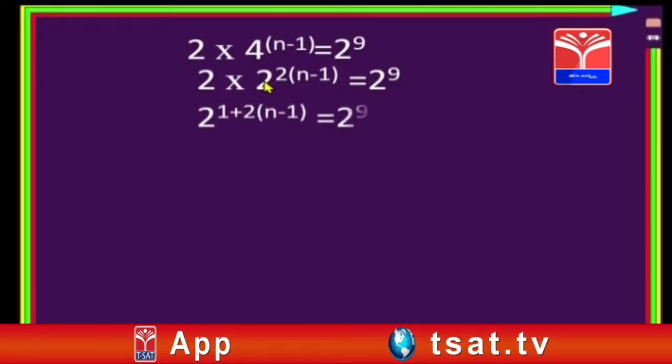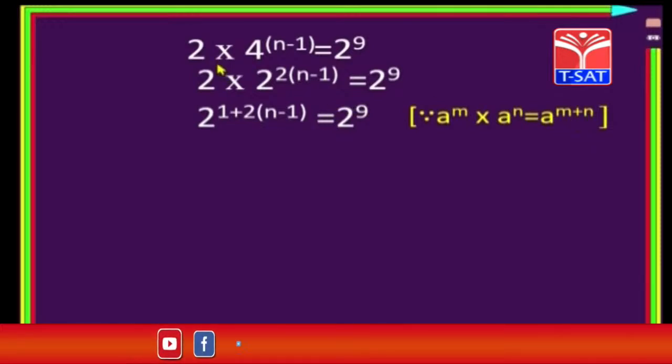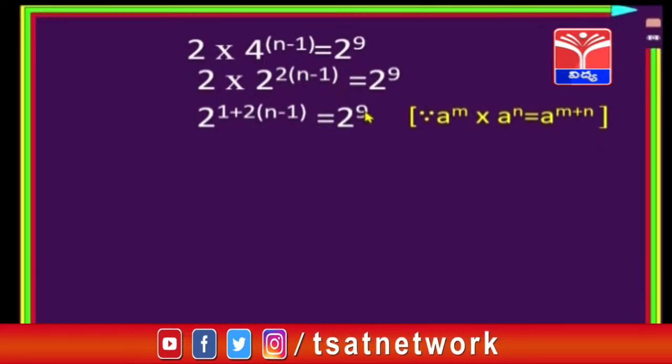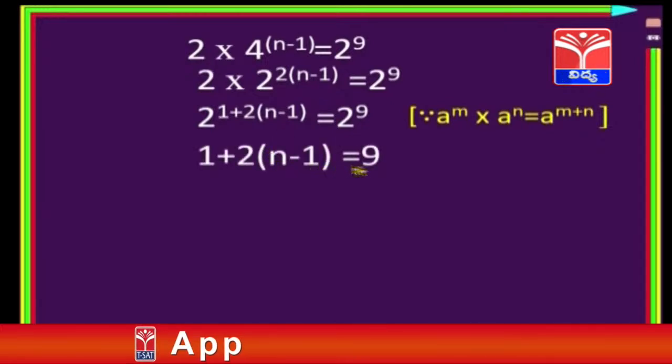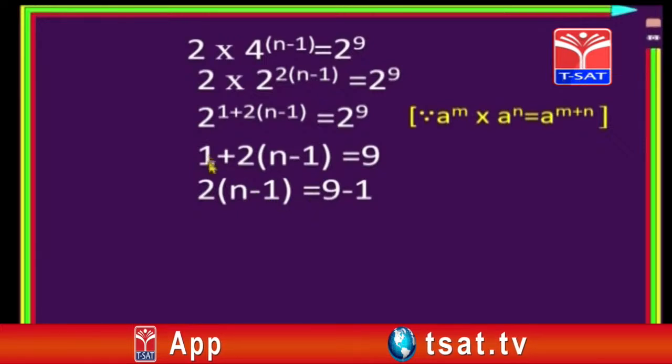As bases are equal, powers should be added: a power m into a power n is a power m plus n. Okay, so 2 to the power of 1 plus 2 into n minus 1 is equal to 2 to the power of 9. Now here bases are equal, so powers are also equal. 1 plus 2 into n minus 1 is equal to 9, and rearrange the terms. 2 into n minus 1 is equal to 9 minus 1,